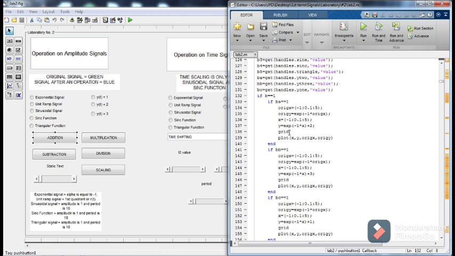So first, this plots the X and Y. The original exponential signal has a variable of orig X and orig Y, and then it will undergo addition